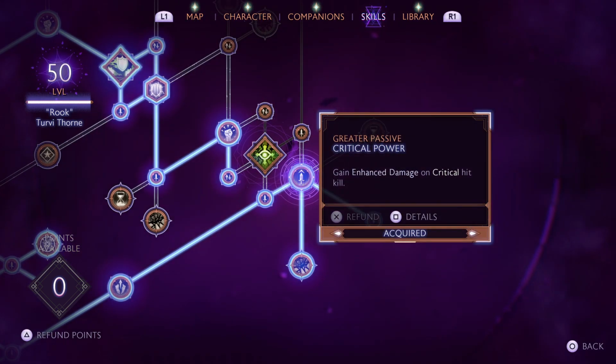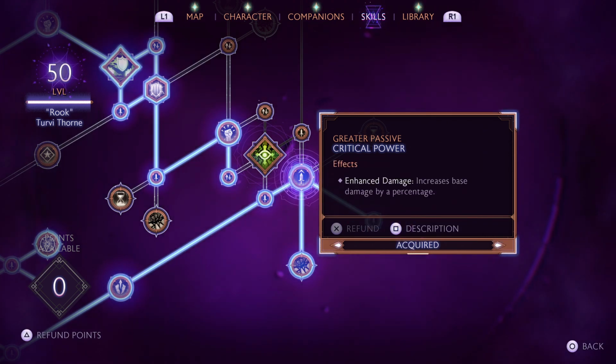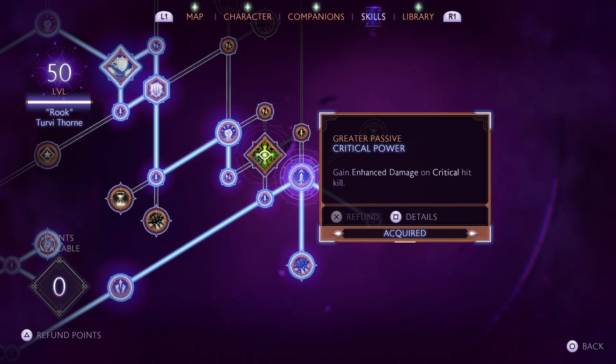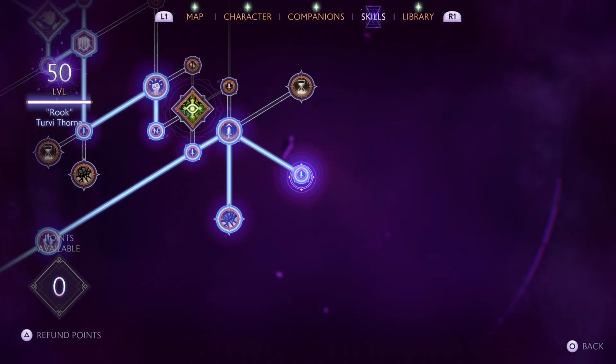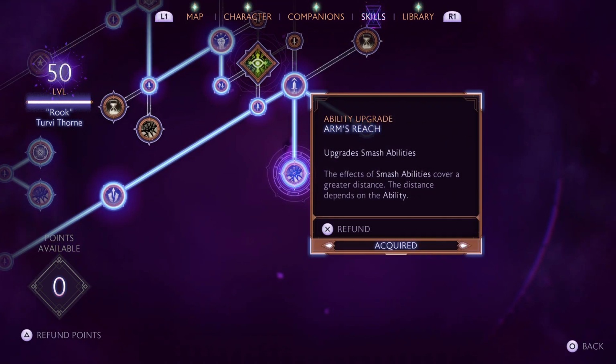To the right again, we have Critical Power: gain enhanced damage on critical hit kills. Enhanced damage increases the base damage by a percentage, which means if you kill an enemy with a critical hit, such as the jump from the knockdown, you are rewarded with dealing more damage. Make it make sense. To the bottom right, we have Wrath, critical damage plus 10%,